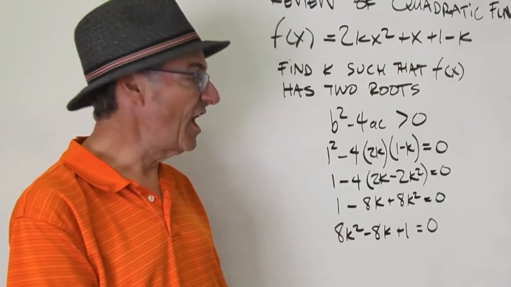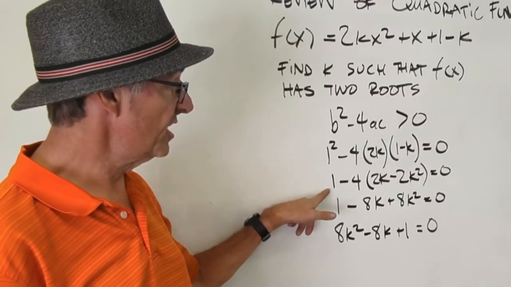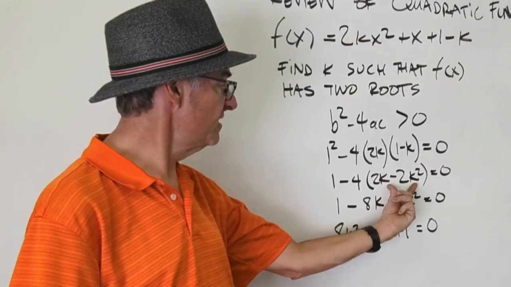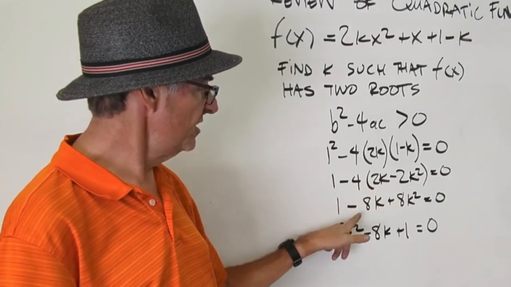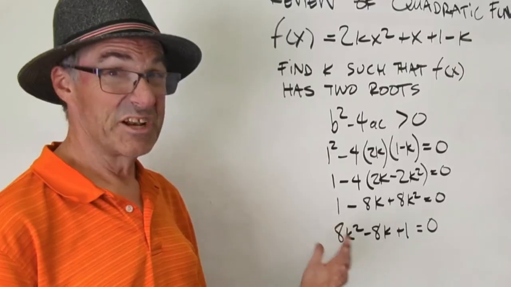Okay, let's see how far you got. I did my plug-in step. Now I'm going to crunch the numbers. The first thing I did is I multiplied these two terms to get that, and then I distributed my 4 through to get this. And then I realized when I looked at this, this is going to be a quadratic